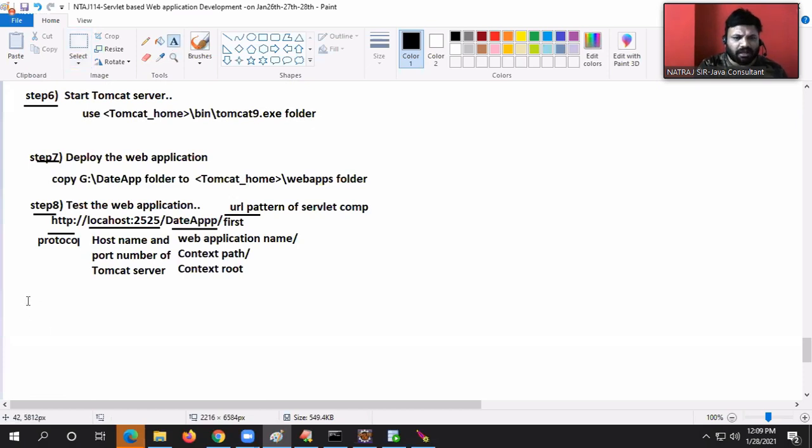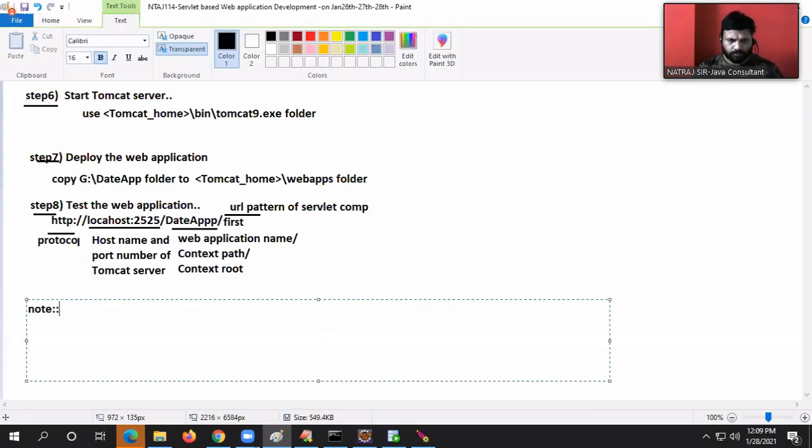Okay. The comment I want to say, pressing a refresh button in the browser is equal to repeating the previous request one more time.